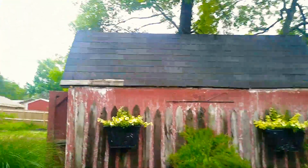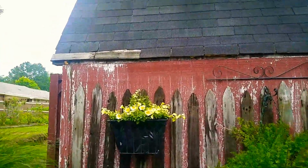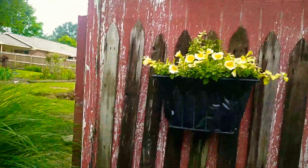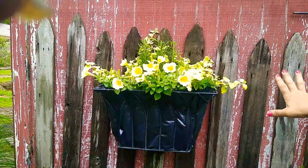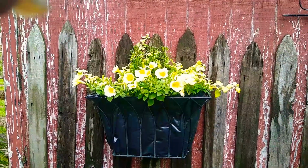Kenny tilled in here because I had a lot of grass, so don't look at that. These are a one-off rose down here, a wild type rose. It's already done its thing. My little hanging baskets I've put up here on my side of my chicken coop with